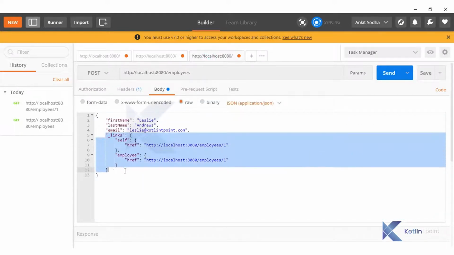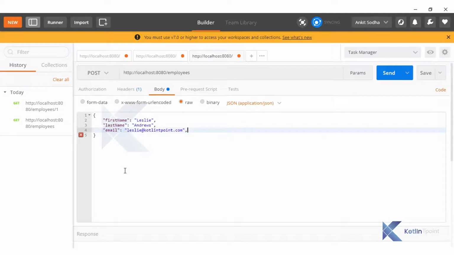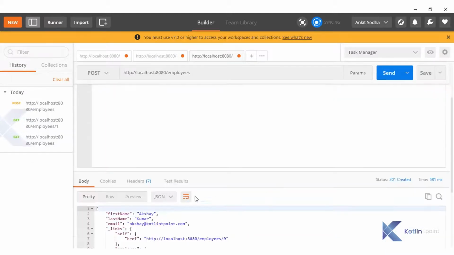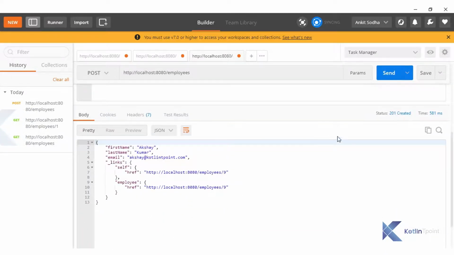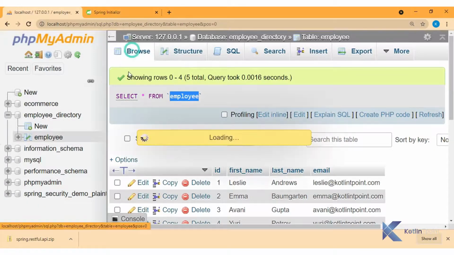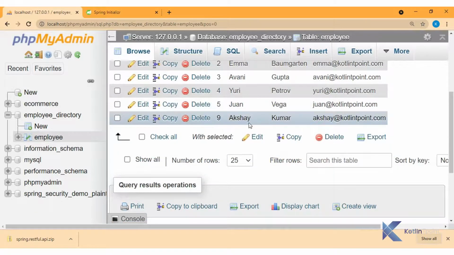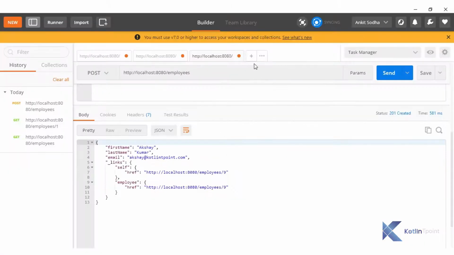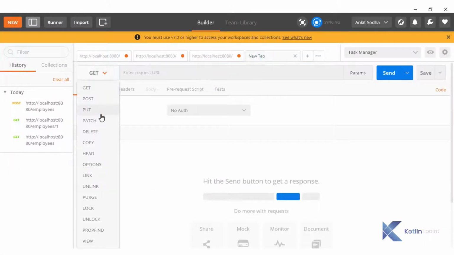These links I will remove, and let me have the first name Akshay, last name Kumar, and the email Akshay at kotlinteapoint.com, and send. Okay, here you can see we are getting the response properly, 201, and inside my database if I refresh the data, you can see a new employee inserted with the ID 9, so it is working perfectly. The POST request is sent.